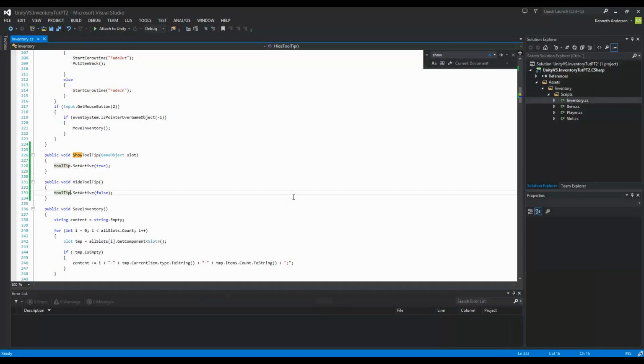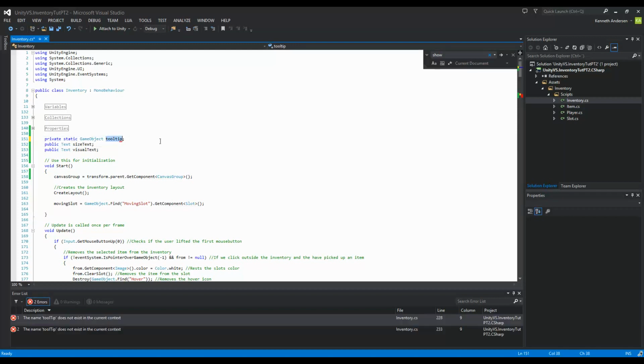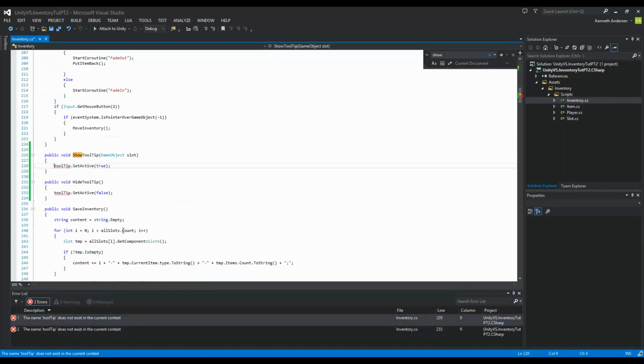So we need to jump back into our script and go to the top here where you have this tooltip. And I'm just going to make a private static game object called tooltip with a small t. That's more correct, I guess. When you've done that, we need to go down here and fix these. Tooltip, small t as well. Tooltip,